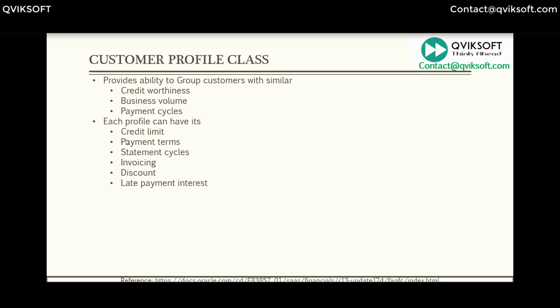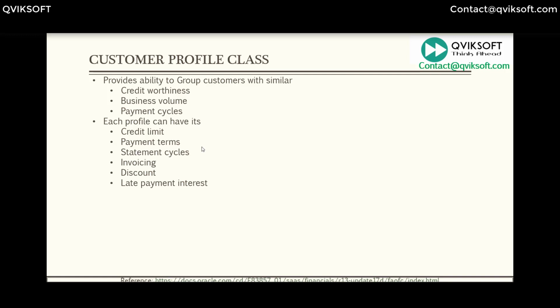Each profile can have its own credit limit. We say, okay, let's have this group of customers, and we only want to give them a credit limit up to 100,000. The moment they exceed that limit, there will be a credit hold, so that they cannot transact any further unless some manual intervention is done. This helps us make sure that customers do not take too much credit, which we know will be difficult to recover from them.